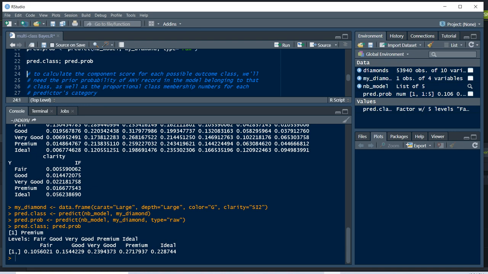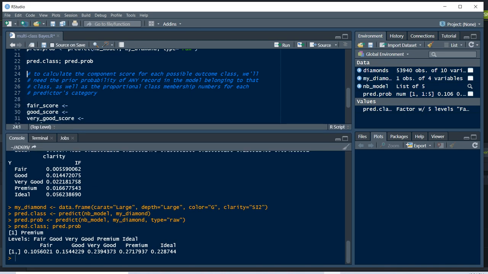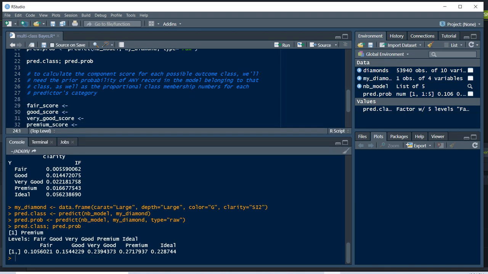But the whole point, as I said from the beginning, is to look at that and see where that really comes from. Why is it saying those numbers for each of those outcome classes? To do that, we want to think about the scores for each of the different outcome classes. And we're going to calculate those by starting with the a priori probability of any record belonging to that outcome